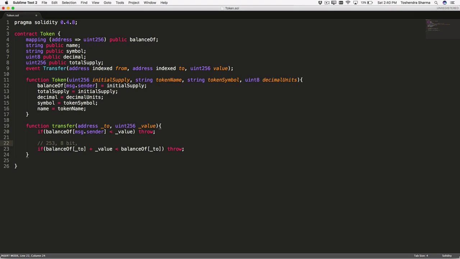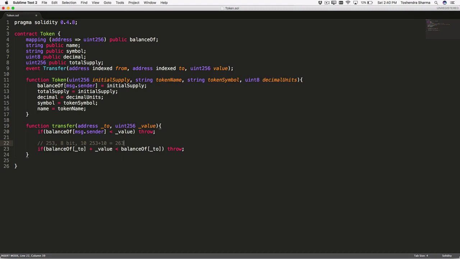If the person already has 253 and receives 10 ether, then 253 plus 10 is 263, which is more than 255. Then it wraps back around to 0 after 255 and increases from there.